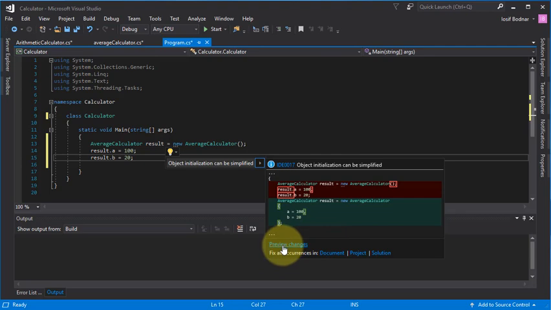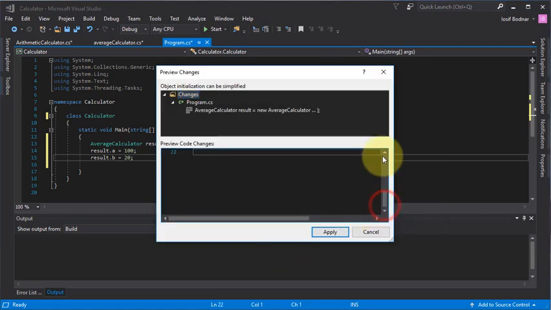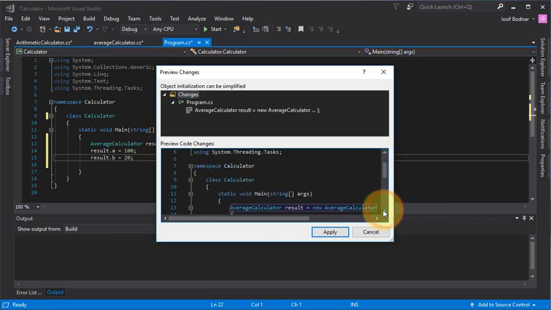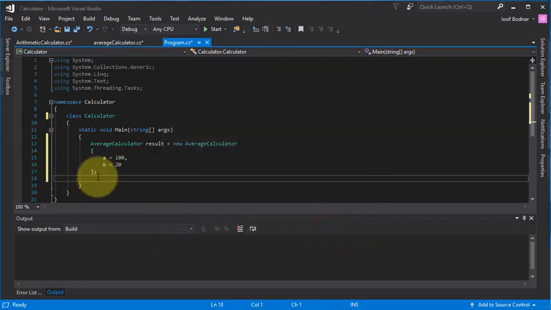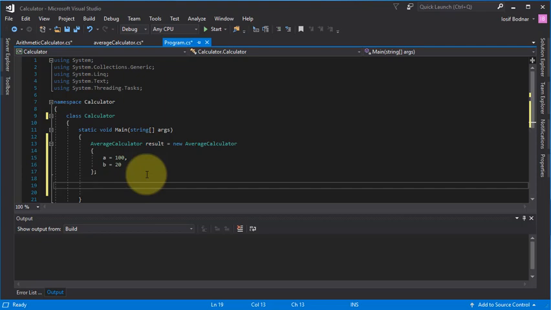I go over these preview changes to preview what sort of changes Visual Studio proposed to me, and I don't mind. I give a click on apply. So as you can see, I don't receive errors, so it's alright. It's a new way to declare an object. Okay, and on this